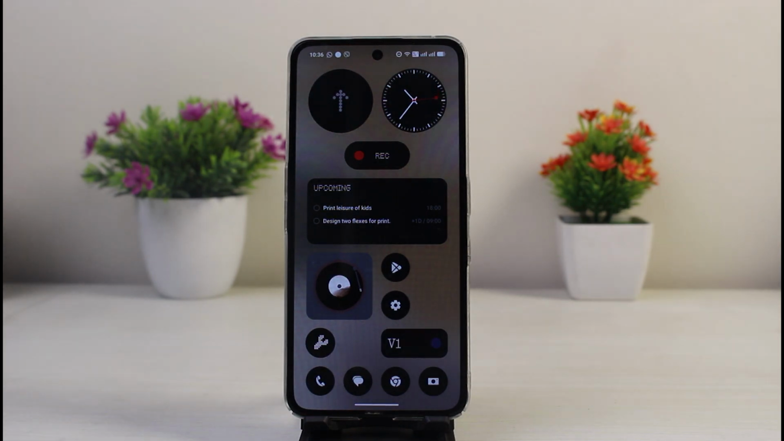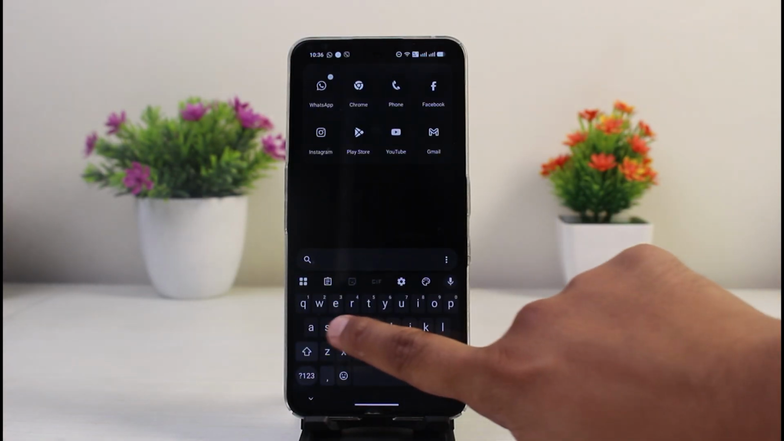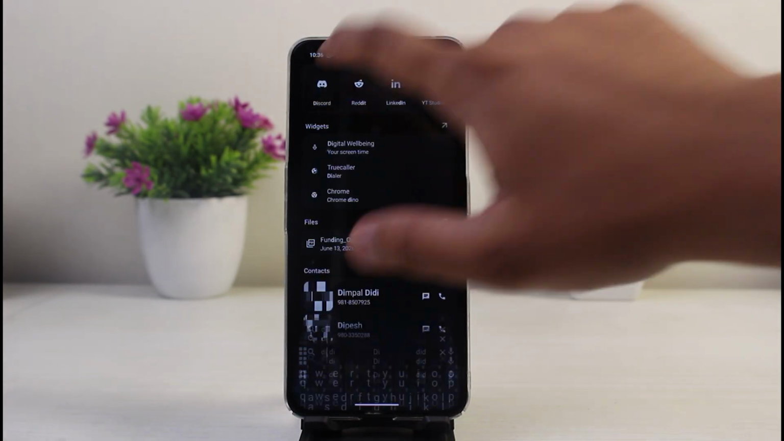Today's video is going to be about how to fix Discord cannot create server. For that, the first thing that you'll have to do is open up the Discord app on your device. Once you're inside the Discord app,